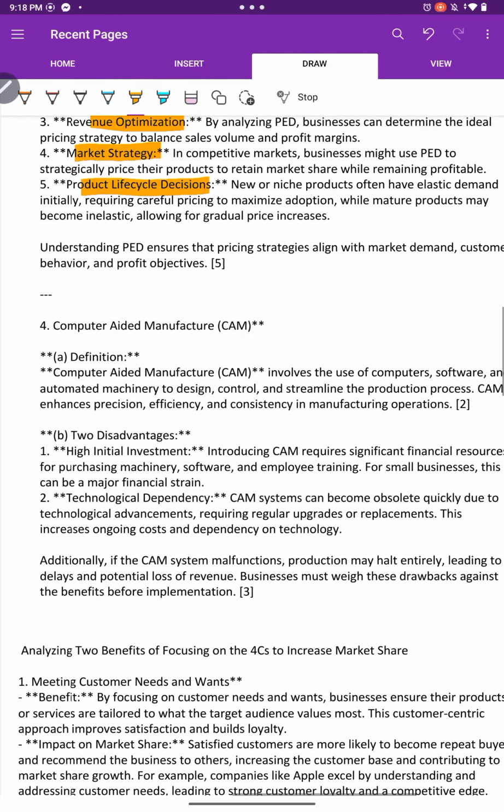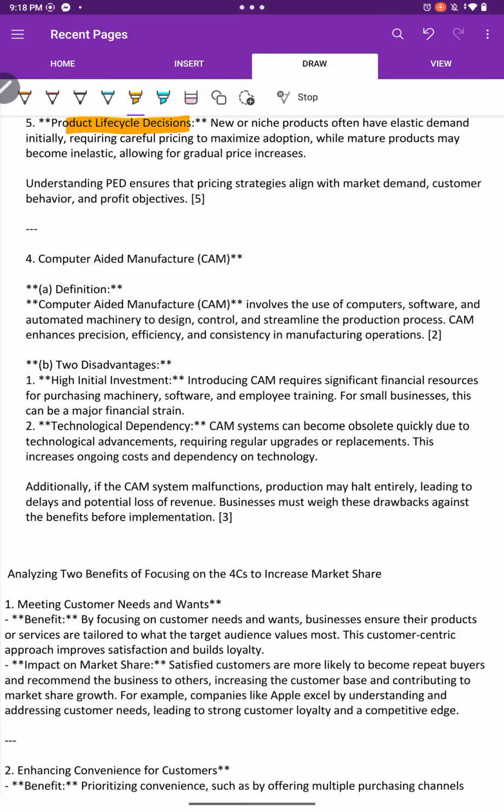After that, we have to write the definition of CAM. CAM involves the use of computers, software, and automated machinery to design, control, and streamline the production process. CAM enhances precision, efficiency, and consistency in manufacturing operations. As I told you, CAM is not part of the AS level syllabus, so you can maybe ignore this question. For the disadvantages of introducing CAM, it requires significant financial resources for purchasing machinery, software,